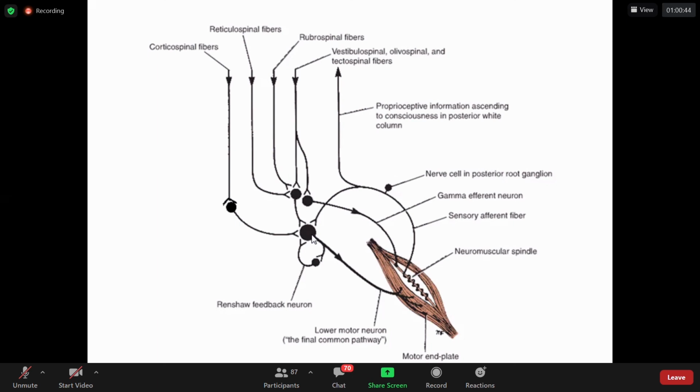Is this clear? Look at this figure, this is a very clear concept. The pyramidal tracts through interneurons go to alpha motor neurons only, which will control the extrafusal fibers only. But the extrapyramidal tracts can go to the gamma motor neurons, which will control the intrafusal fibers, or it can also reach the alpha motor neurons, through which it can control the extra